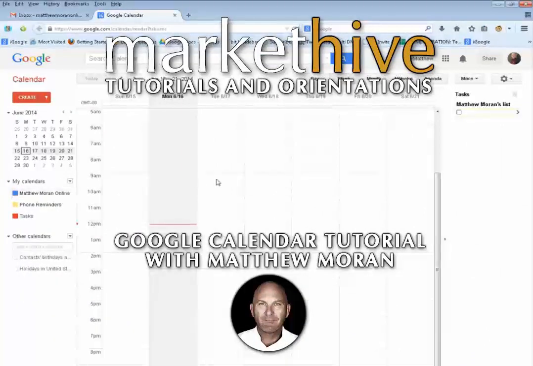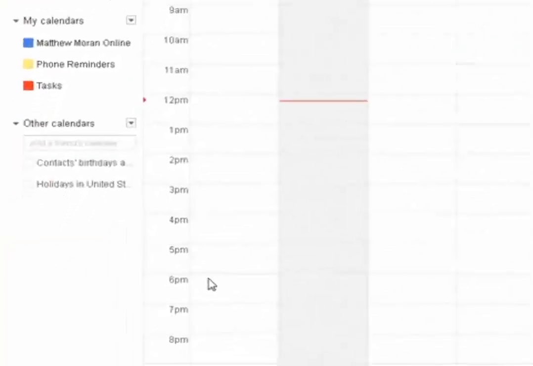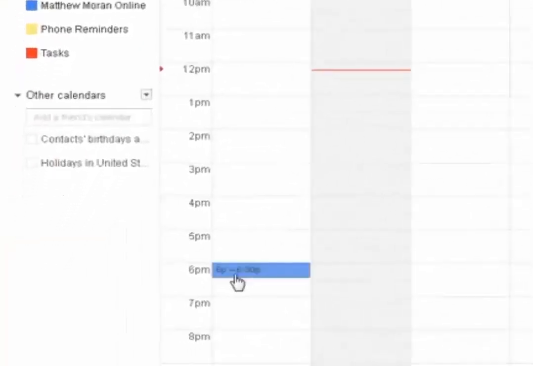So let's take a quick look at some of the things I talked about in the blog article about time and task management. So the first thing is, as I discussed, I set my weekly preview. Now we're setting this for yesterday, but we'll see what we do here. So I set my weekly preview to,